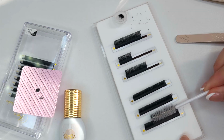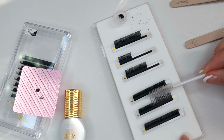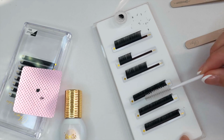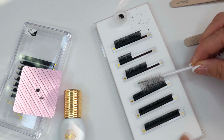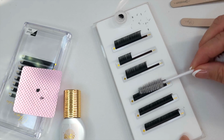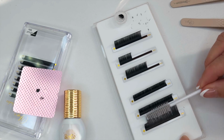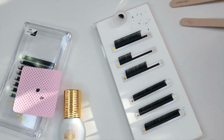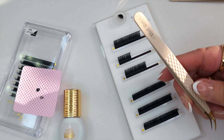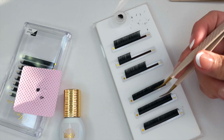Okay, another thing you have to make sure is you always want to brush your lashes through. This is just going to help fluff them out, because the last thing you want is for your lashes to be sticking together. We want fluffy, beautiful lashes. And especially when working with 0.03s, because they are a lot lighter, you want to make sure they're fully fluffed out. So I'm going to start off with that girl tweezer, and again, my tweezers are fiber tips,